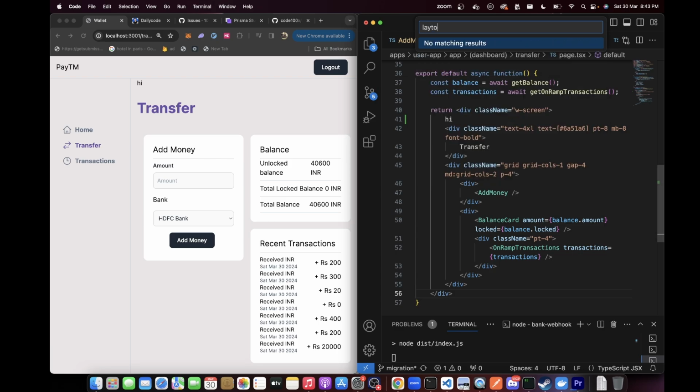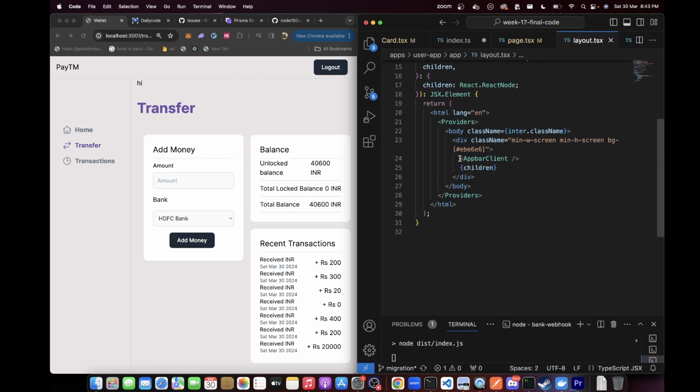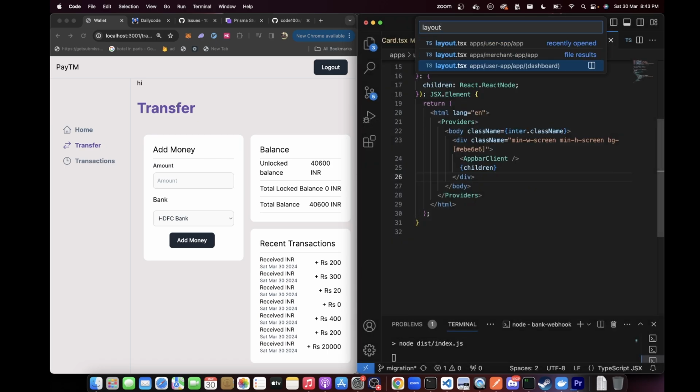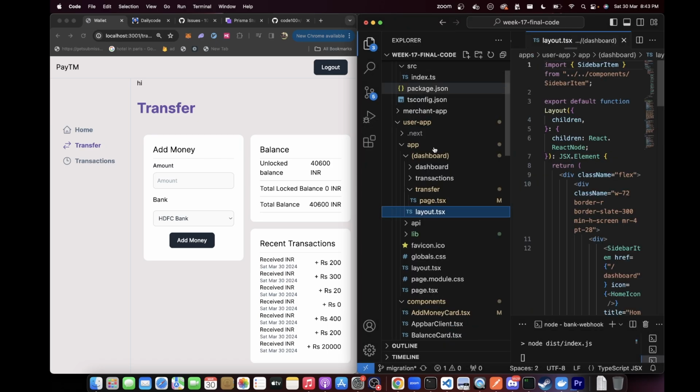The global layout.tsx renders the app bar and then renders everything else, which is why we see the app bar here. And then there is another layout.tsx. I repeat, there is another layout.tsx over here. Where is it? If you look at the folder structure, it is in app/(dashboard), which, if you remember from the Next.js classes, means all of these will share this layout